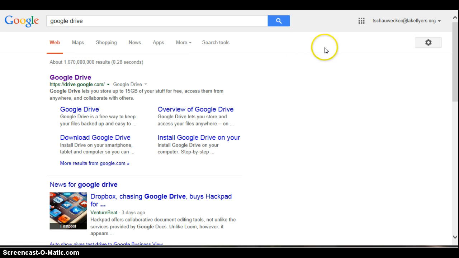If you haven't signed in yet at this point, you'll have to. And just put in your Lake Flyers Google account information. It's really important that you use the Lake Flyers one. If you use a personal one, it will go into my trash folder and or into my junk folder, and I won't be able to grade it. So make sure that you're using your Lake Flyers account information here. So click on Google Drive,